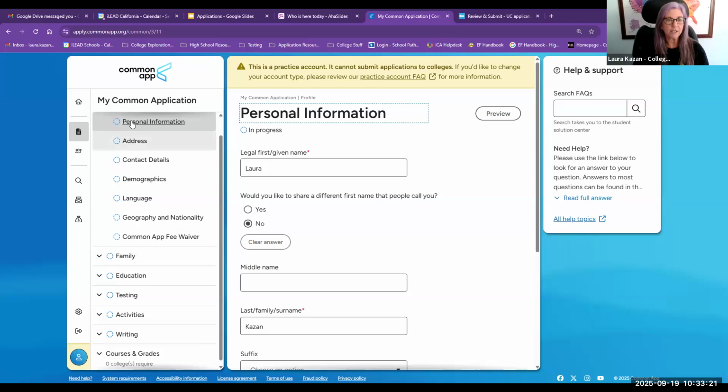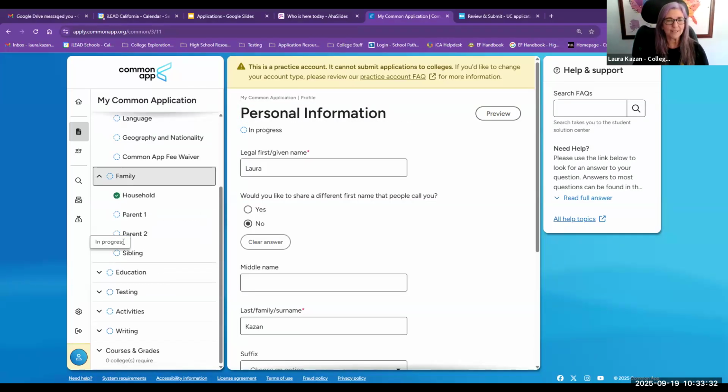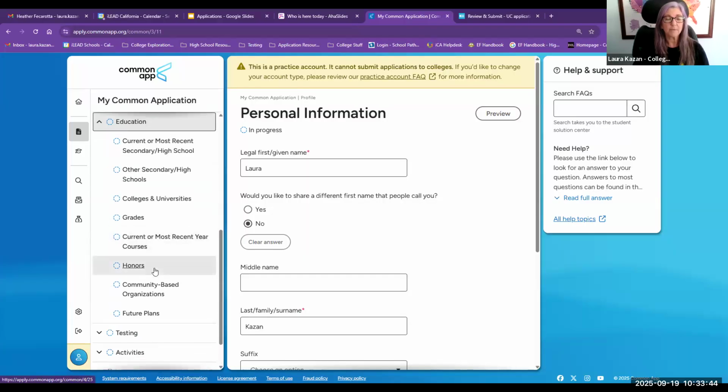You've got personal information that would include your basics like your address, your demographics, your language, things that don't change between colleges. You have family information, and most of this is very basic. I'm not going to go over it. You have education, testing, activities, and writing. Now, these are not very basic. So I'm going to take a moment to touch on education